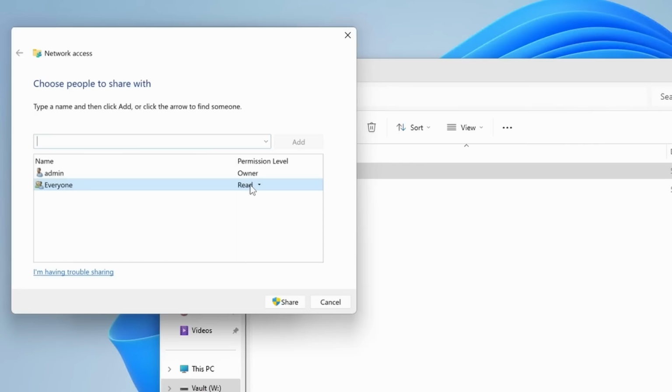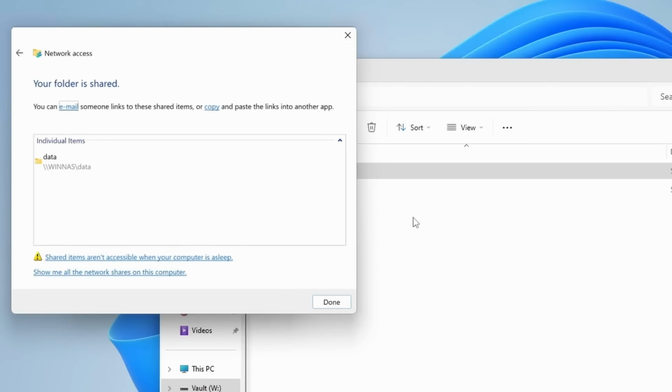You can see the permission levels. You could give them read, write, or just read, remove altogether. And of course, the owner can do absolutely everything. So I'm just going to leave that as is and click on share. That way users on my network can see the files, access various media, but at the same time not have the privileges to move things around, delete things, add things, and so forth.